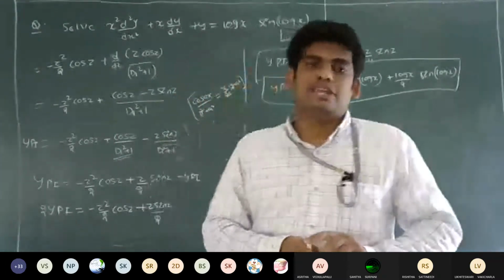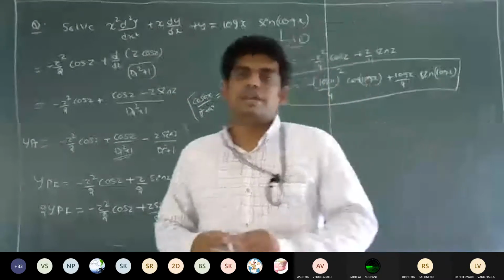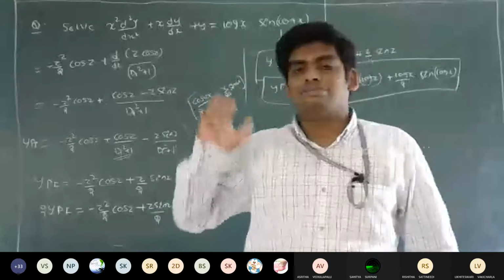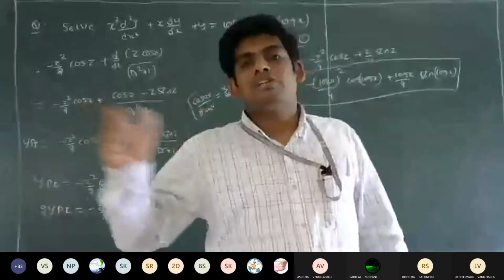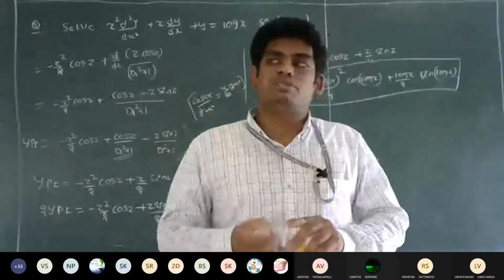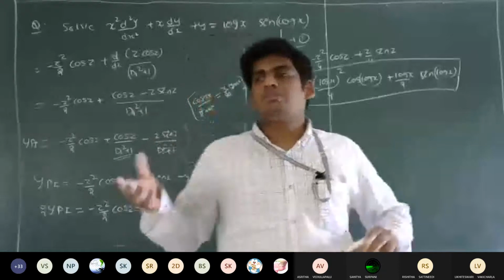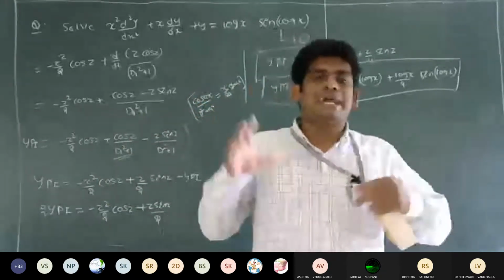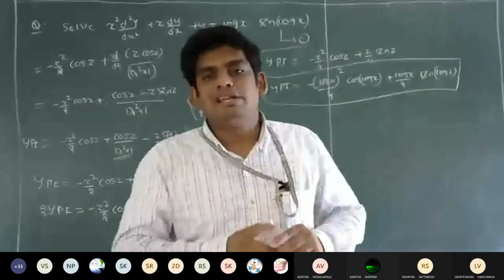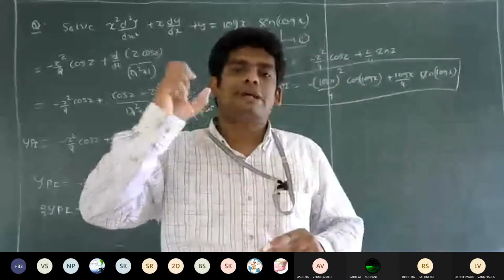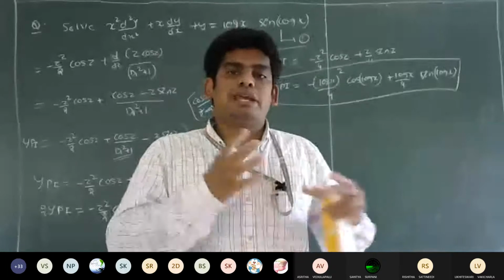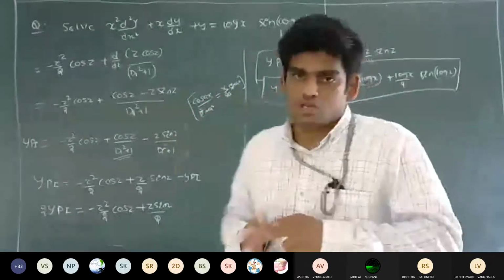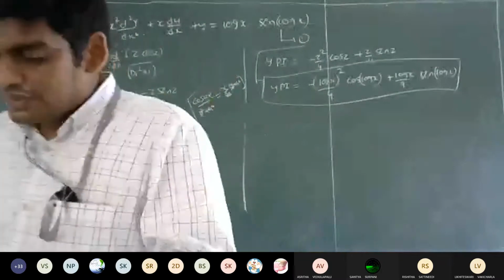We already proved that one, very clear in the last session. So we just substitute the values here and it is automatically converted into a linear differential equation with constant coefficients. Then it is very easy. After transformation we know the types and how to solve the given linear differential equation. We just apply the known types, then we will get the required result. So this is the process. Is it clear to everyone?